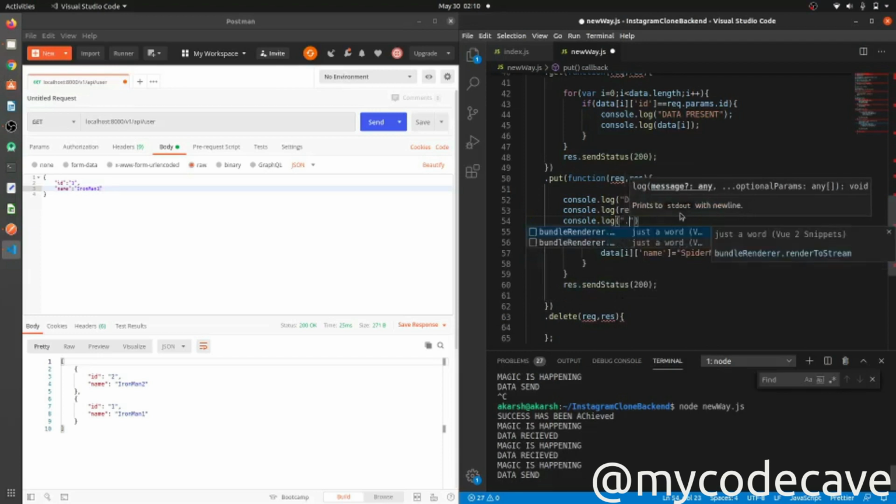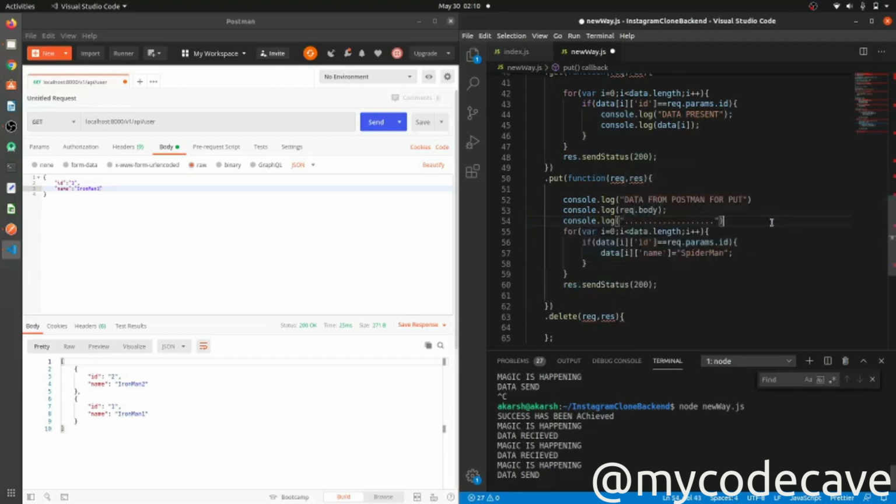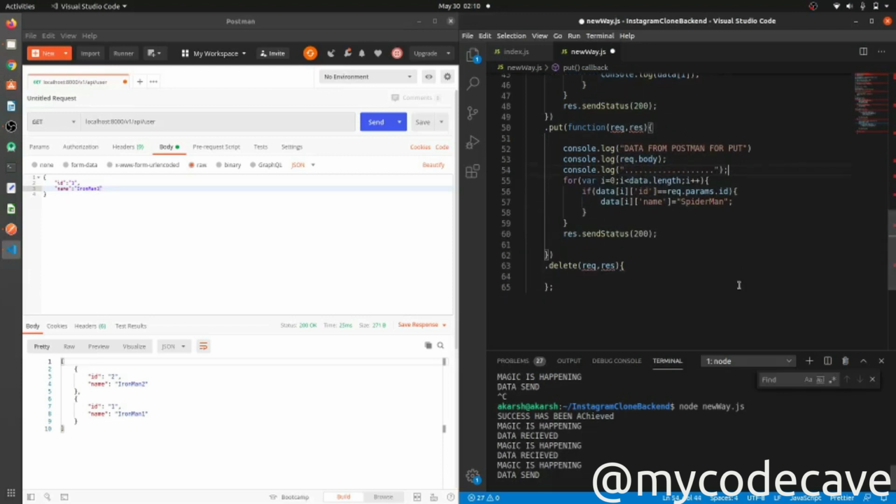Basically this is not the best way to print anything for the debugging part, but I am doing this just for learning's sake, so that my data has been brought. If you want to change data depending upon the user, then you can just take the value from request.body and save it from here.